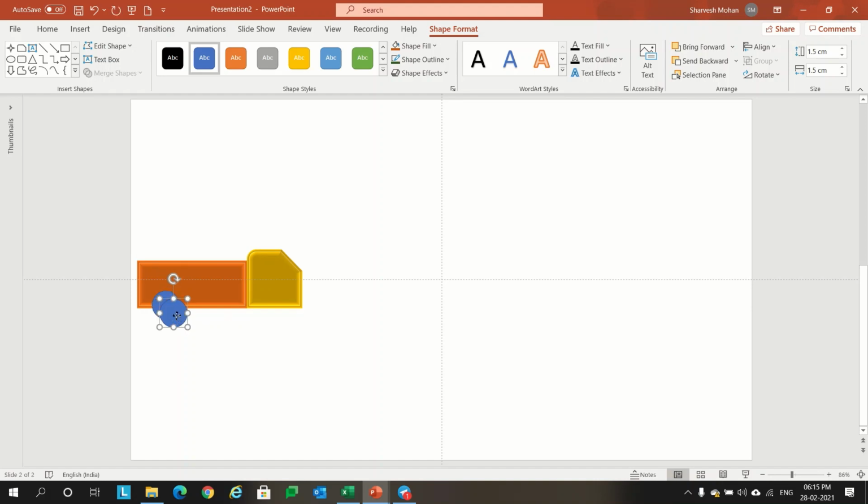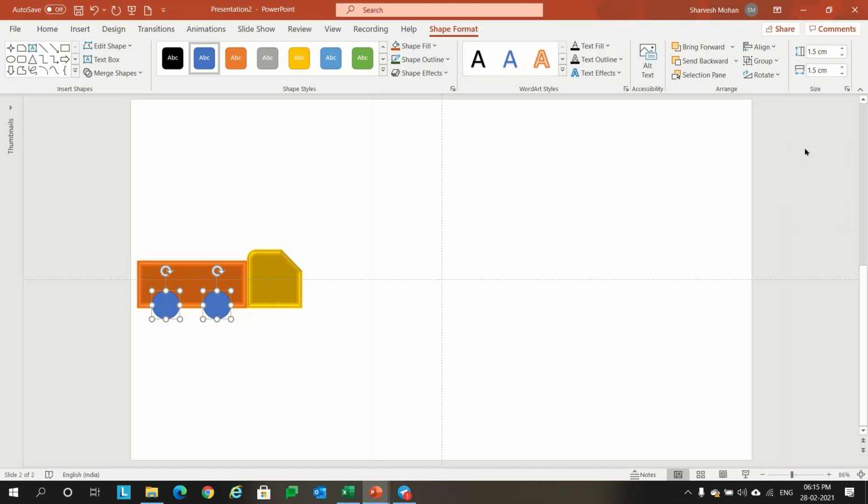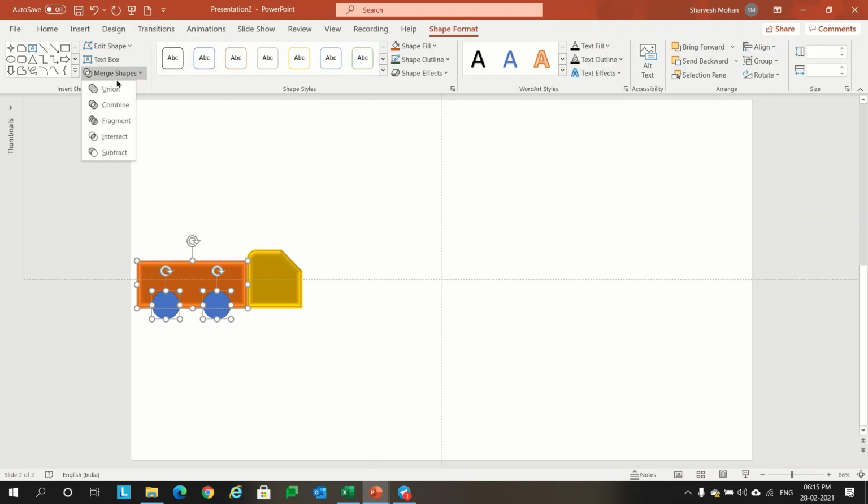And duplicate. We'll put one more here. And we'll hold the rectangle. First you select these both, align bottom to ensure that it is aligned properly. Click on this and this. Go to merge shapes and subtract.